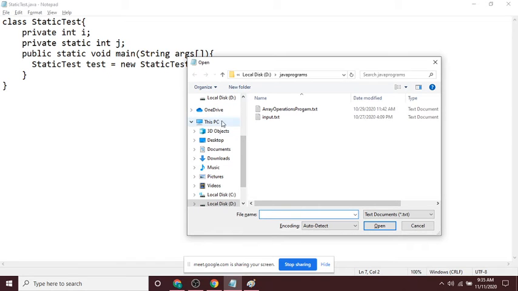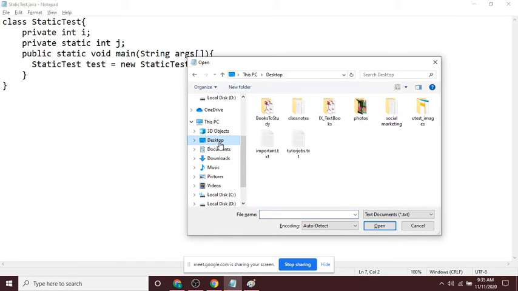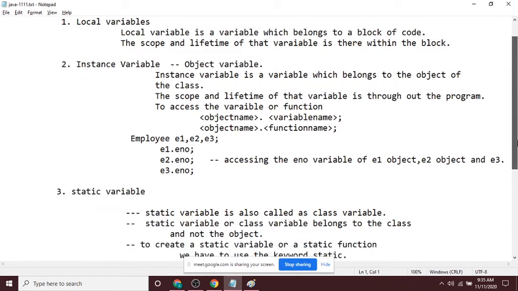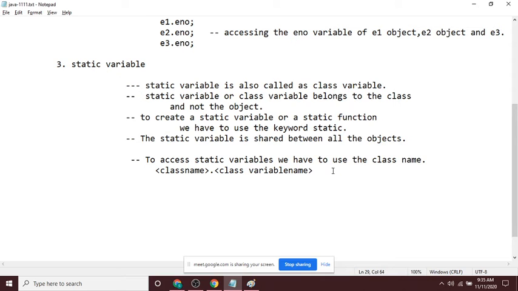Now class notes. So static variables, what is the other point? The other point is static variables are initialized to default values.